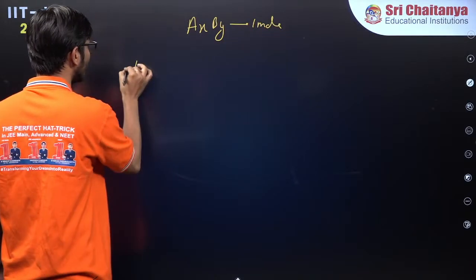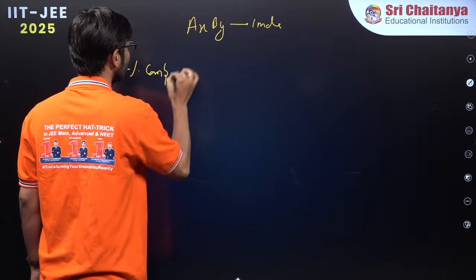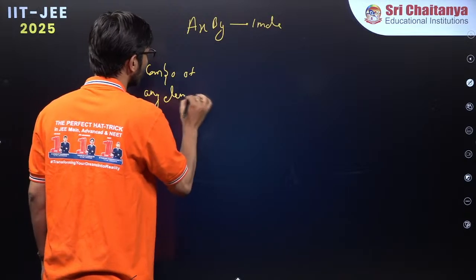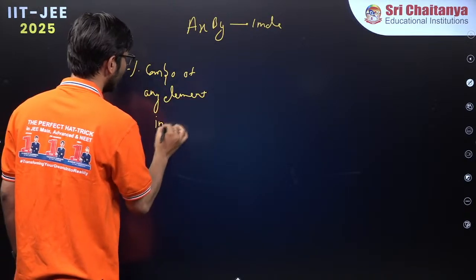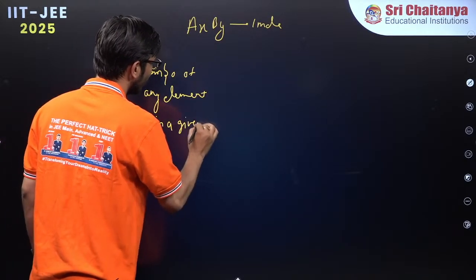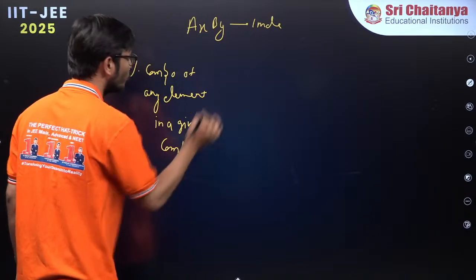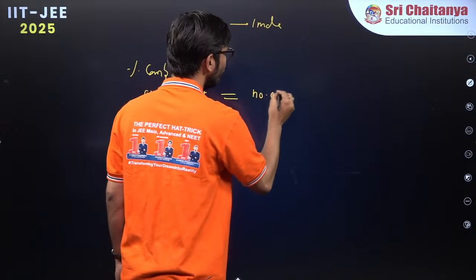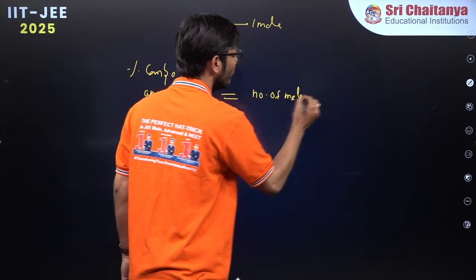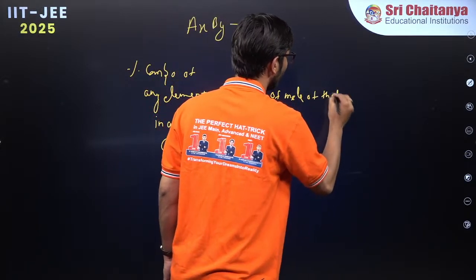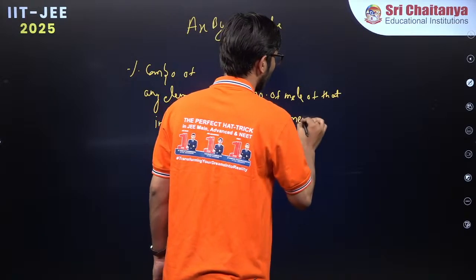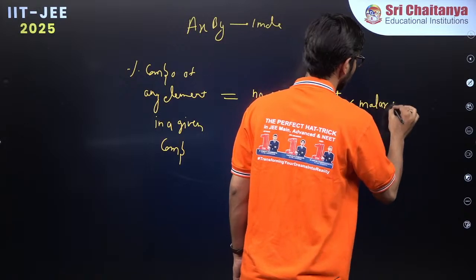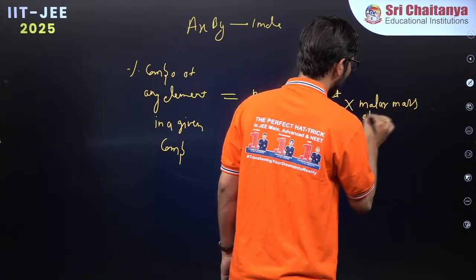So the percentage composition of any element in a given compound is equal to the number of moles of that element, multiplied by the molar mass of that element,